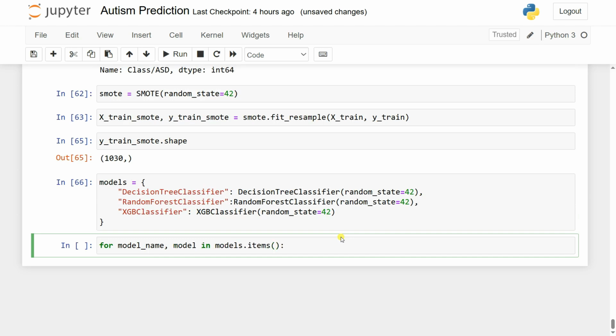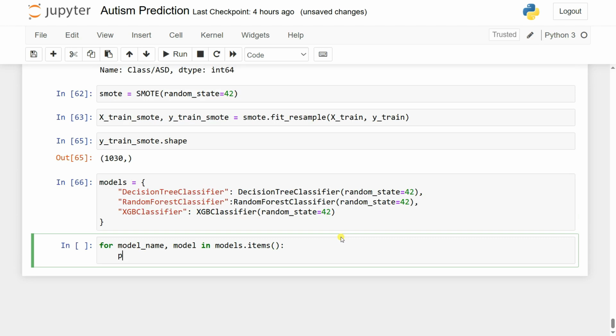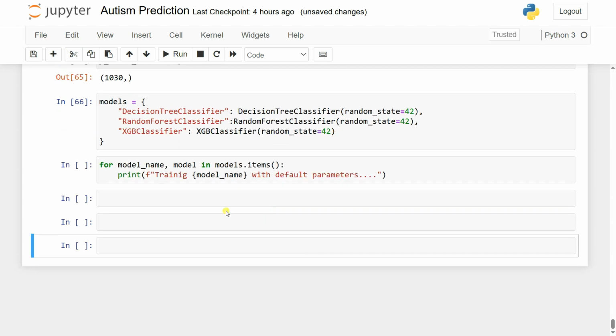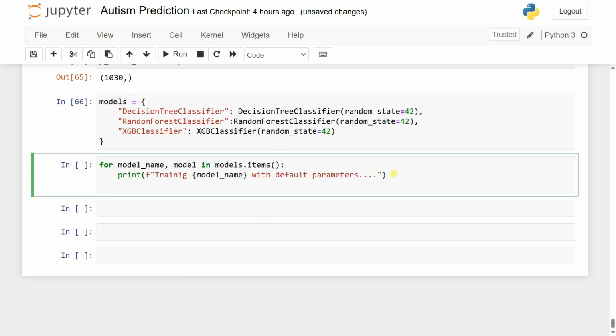Now we can add a printing statement. Let's add an f-string: training, the model name, with default parameters. Default parameters, because we're not doing any hyperparameter tuning yet. Later on we will do it. Let's have a look first with the default parameters, and then we are going to calculate the